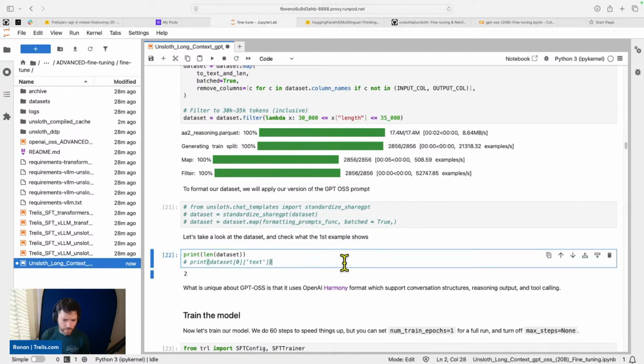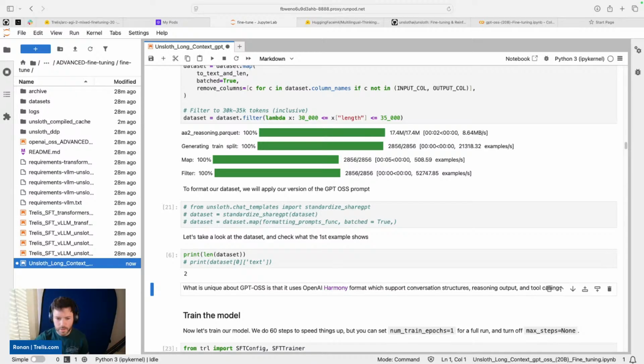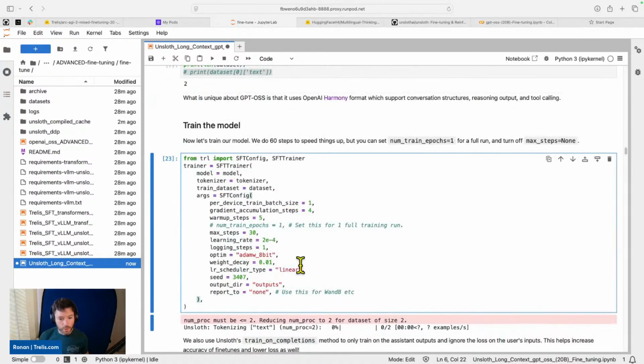You can see I ran earlier and it was only 2 data points. So maybe it'll still be 2. And yeah, it looks like it's still 2. So we have 2 data points. And now we're going to train the model. So we're going to pass it in. We're going to do the trick, well, not trick, but the setting of low batch size, gradient accumulation. If I wanted a virtual size of 32, I would set that to 32. And other than that,